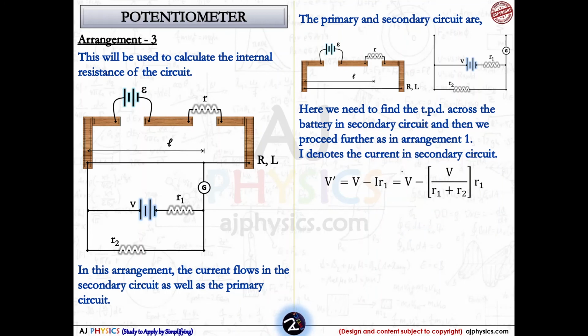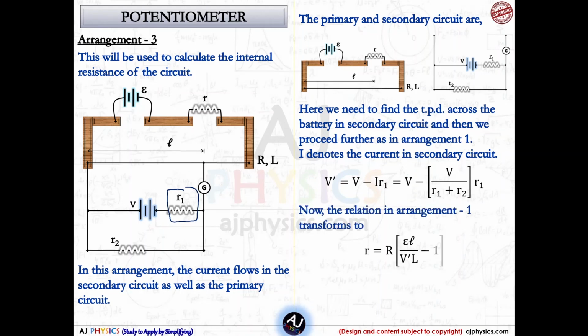Now how to get the internal resistance of this cell? So we have to compare some cases. Okay, I'll discuss this in the numerical easily. Now what will be done while solving this? Only the relation has to be transformed. Instead of this V, we'll be using V dash. So this is the transformation which is already done here. Okay, so this is the circuit 3.